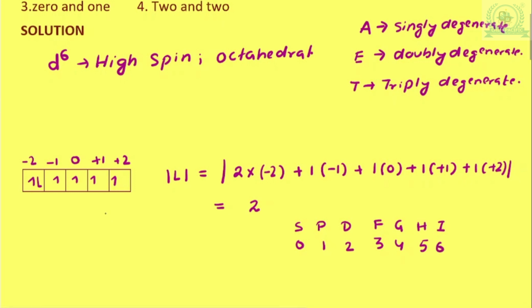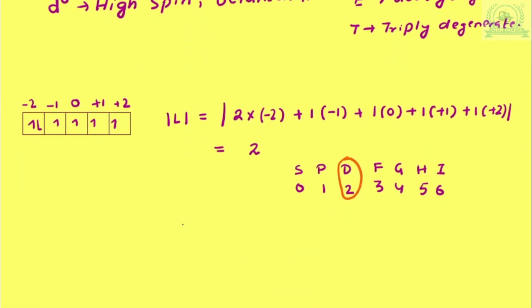So here my value is 2, so it will be designated with the letter capital D. Since the number of unpaired electrons n is equal to 4, S is equal to 4 by 2, which is 2. Therefore the multiplicity 2S plus 1 is 2 into 2 plus 1, which is equal to 5. So the overall term symbol is